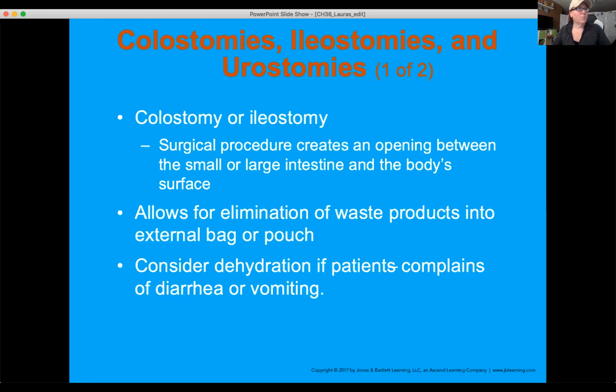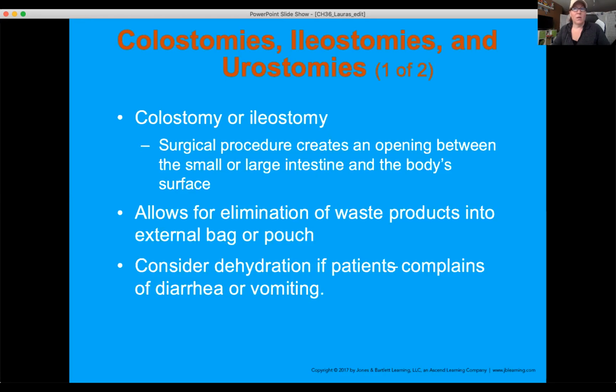Colostomy and ileostomy tubes. So patients who have colostomy bags or an ileostomy, it just depends on what part of their intestines were obstructed or damaged for one reason or another. And they had to go in, and so that the patient could eliminate waste, they had to create an external port, right, for that patient. It's called a stoma, even though it's down in their abdomen, it's basically a hole into the body. And through that stoma, they eliminate their waste into a bag that sticks onto their skin. There's a lot of reasons why somebody could have had a colostomy or ileostomy placed.